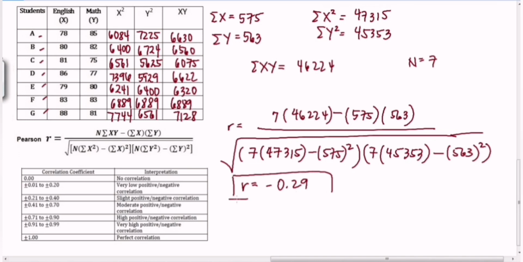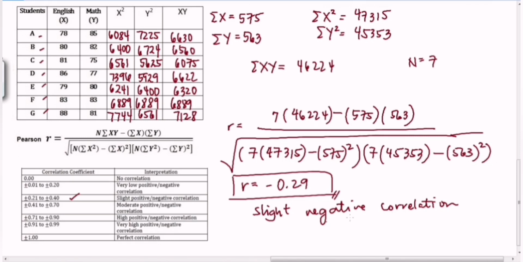Ayan, naka-round off na yan. So, ang correlation nito guys, nandito. Tama? Ayan, so it is between 0.21 to 0.40. So, since negative to, and then slight tayo, yung ating interpretation. So, slight negative correlation. So, ibig sabihin, almost negligible yung ating correlation dito, mababa lang yung kanyang correlation kasi